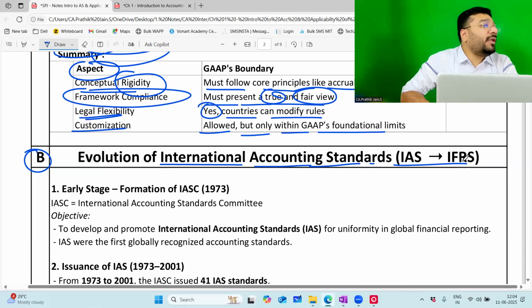And all the accounting bodies and the governments of different countries were in a state of shock, because if this way of accounting continued, then what happens? The trust of the investors in the company will not be there. People will not trust and invest in the company. If you don't invest in the company, it cannot grow. If the company does not grow, the country does not grow. So if you want to be a powerful country